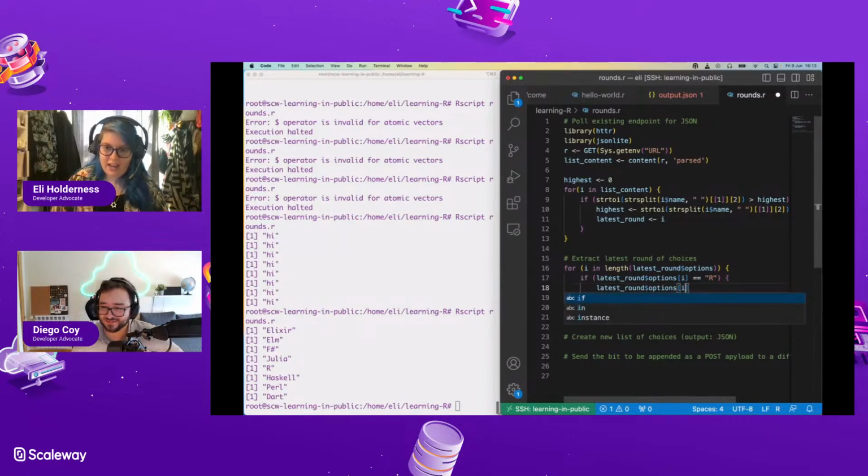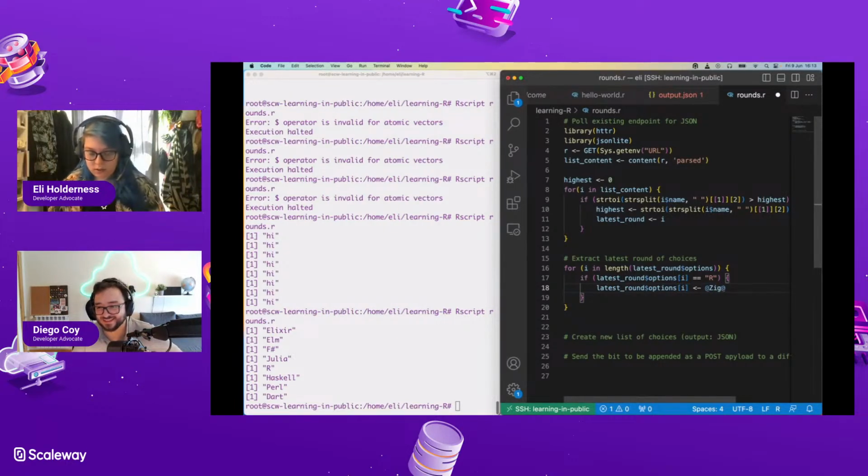Options i equals. And the equals is not an equals here, and I want to replace it with zig. I'm typoing left and right because I forget I'm on a Mac keyboard. I'm using a Windows-like printed keyboard, as in I hit the key that's got an @ symbol on it, and that's what gives me my quotes, and vice versa.